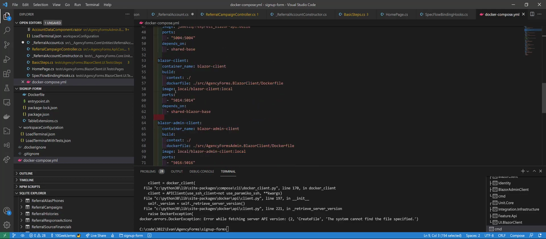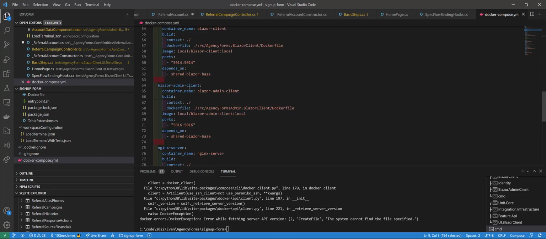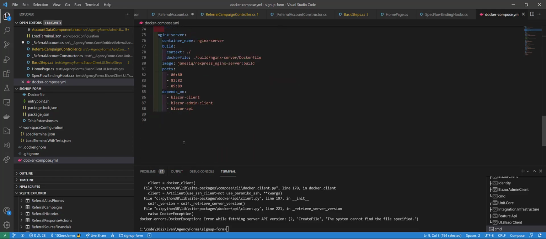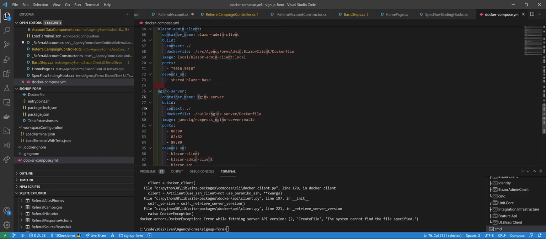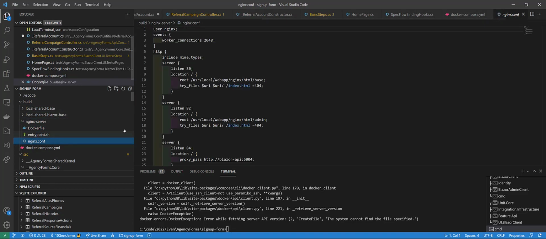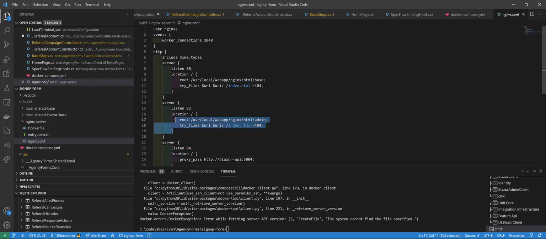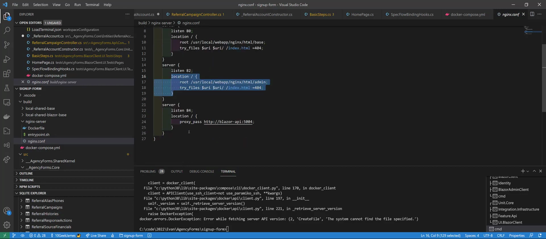The API endpoint, Blazor client, the admin client, and an Nginx server. Now that I'm moving to pre-rendering, the WASM clients, instead of deploying to Nginx, they each now have a server component. So it'll be a reverse proxy in here, just like we're doing with the API, instead of flat static content delivery, right? No big deal. So we'll change that and clean that up. But now that Docker is up, or not,